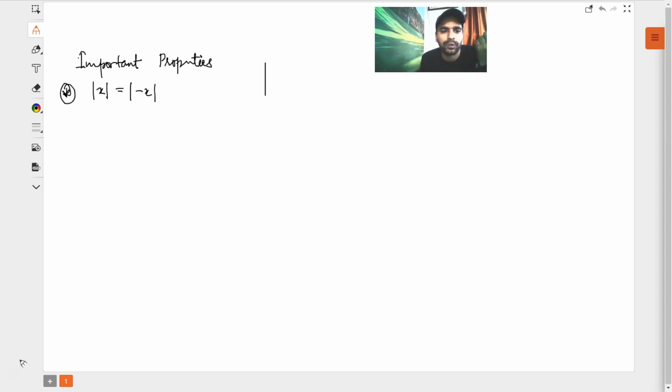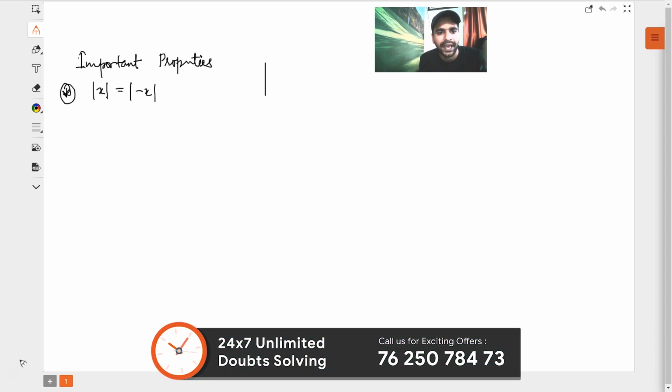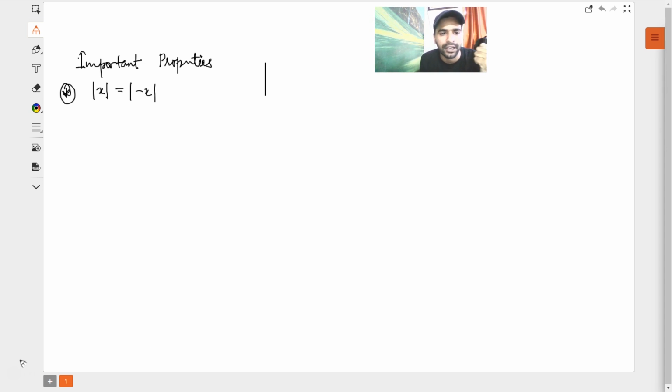If I put x equals to, let's say, 2 in it, mod of 2 will be equal to 2. And mod of minus 2 from here will also be equal to 2. So I can definitely say that mod of x is equal to mod of minus x always, for whatever value of x we put into this thing, these two are equal. One more thing, guys, one more thing. If I take modulus